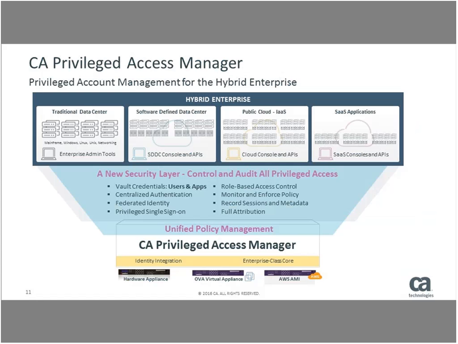CA Privileged Access Manager is built on a purpose-built appliance-based form factor that can be a physical appliance, a virtual appliance, or an AWS appliance. So here you start to see in our integration with the cloud that the product itself can be cloud hosted through a purpose-built appliance that deploys as an AWS AMI. And when you implement it that way, all of the same features are available to you for your traditional on-prem data center, virtual data center, as well as public cloud.